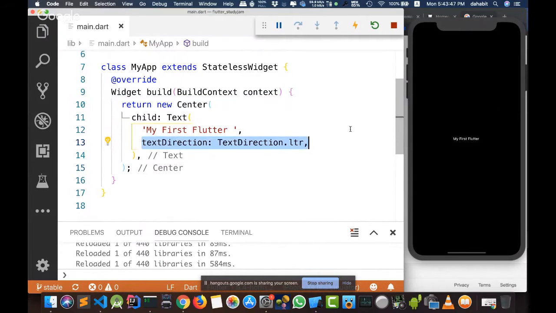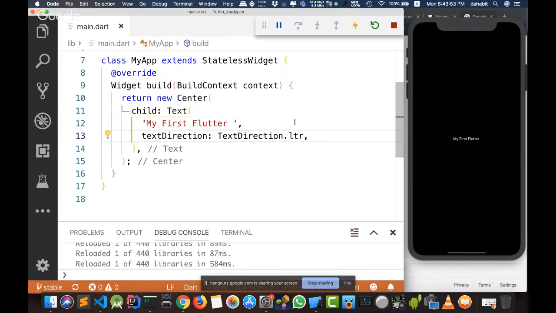In this case, we need to describe our application, the direction, because until now we are not using Cupertino style or material design, because it comes with the default Flutter directional way.